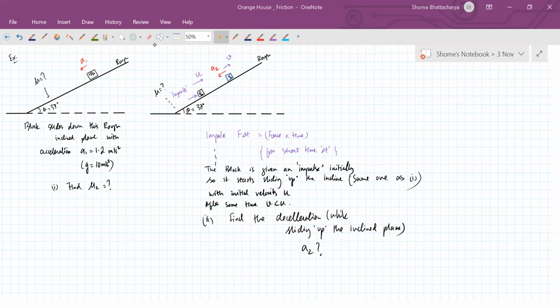In both cases individually, how the forces will be acting, how friction will be acting. Both are cases of slipping, so there will be kinetic friction. And remember, kinetic friction always opposes the slipping. So I've given you enough hint for you to understand how to make the free body diagram.